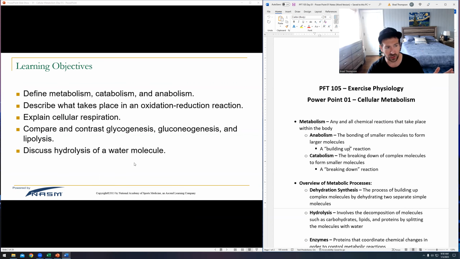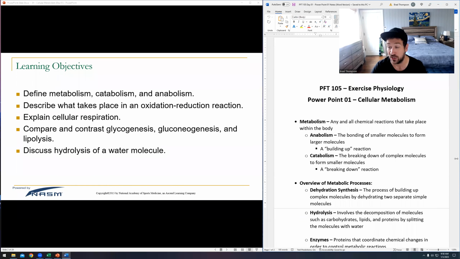So learning objectives today, stuff I want you guys to understand. I want you to understand what metabolism actually is accurately. A lot of people hear the word metabolism and say it's how many calories you burn. And that's actually not wrong, but it's only a small part of what our actual metabolism is. We also want to understand the two different components of metabolism,